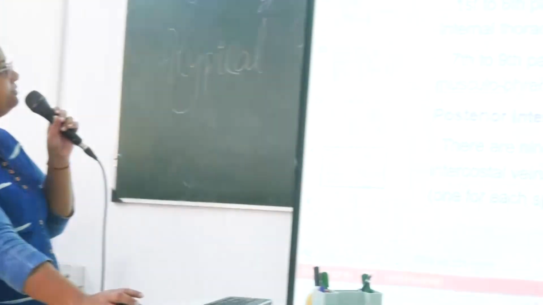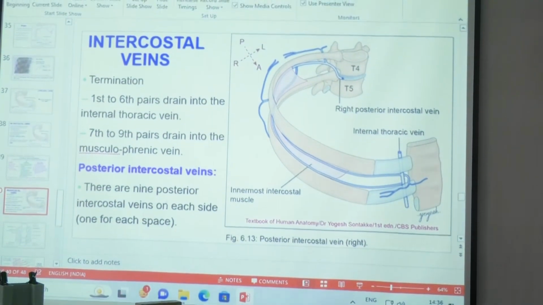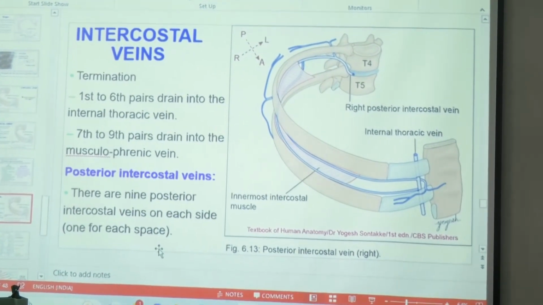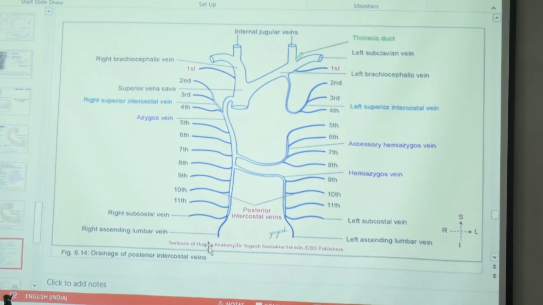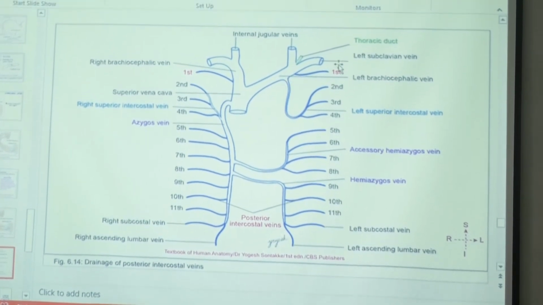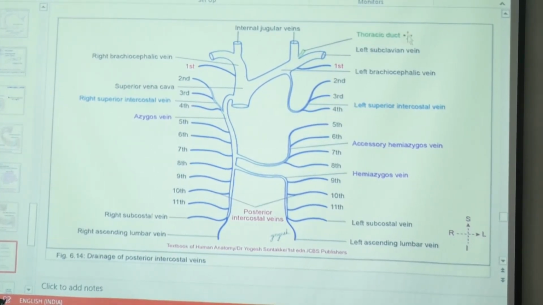Termination: first to 6th pairs drain into the internal thoracic vein, 7th to 9th into the musculophrenic vein, like the arteries. And posterior intercostal veins, there are 9 on each side, one for each space. They drain into the azygos system of veins, like this. On the right side, they drain into the azygos vein. On the left side, the second, third, and fourth join to form the superior intercostal vein and drain into the left brachiocephalic vein. The first drains directly into the brachiocephalic vein on both sides, the 5th to 8th form the accessory hemiazygos, and the 9th, 10th, 11th, 12th form the hemiazygos vein,